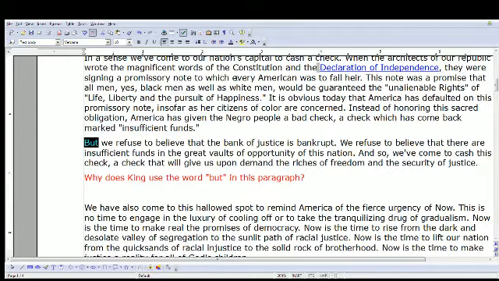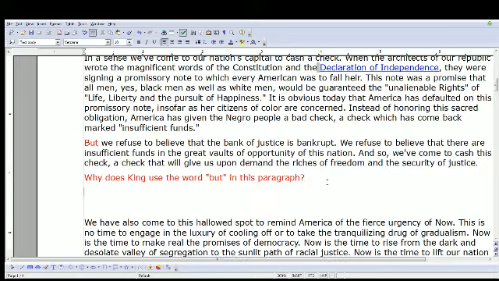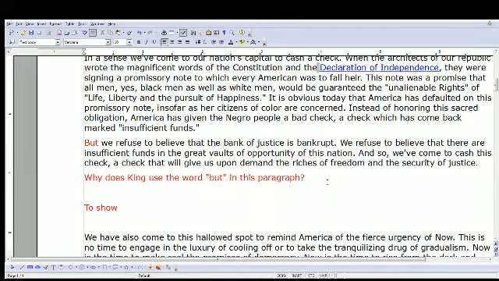In the previous paragraph, it's kind of negative. It says, instead of honoring this sacred obligation, America has given the Negro people a bad check. A check which has come back marked insufficient funds. But we refuse to believe that the Bank of Justice is bankrupt. Right? So in this case, you might have something like this: to show